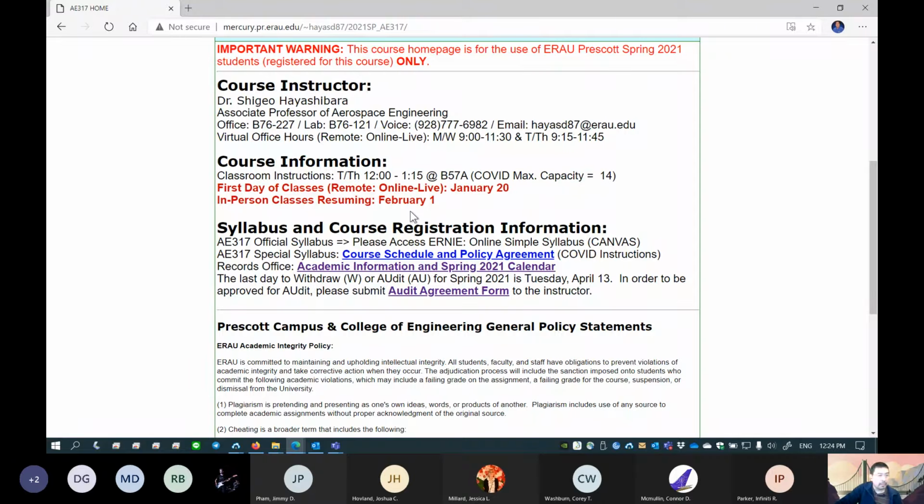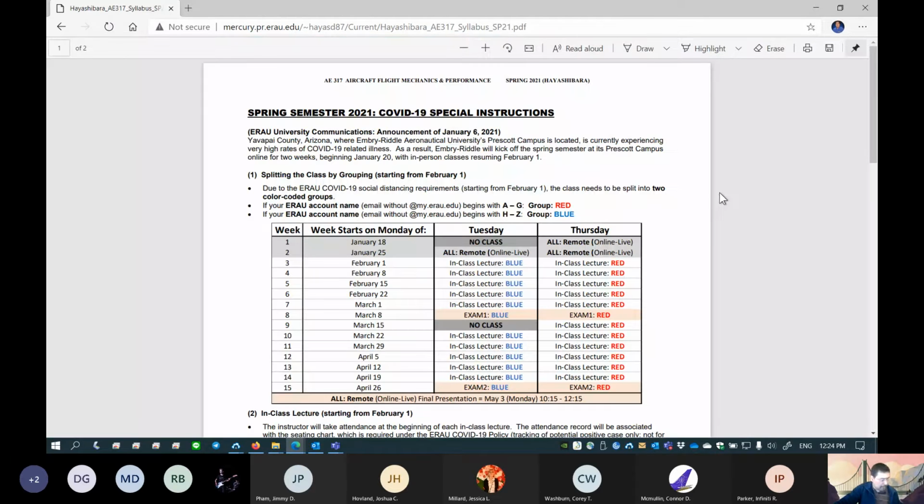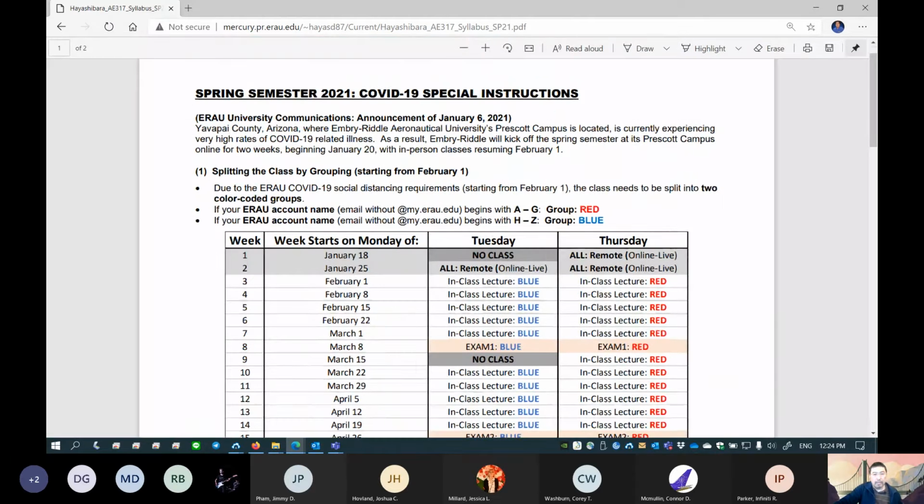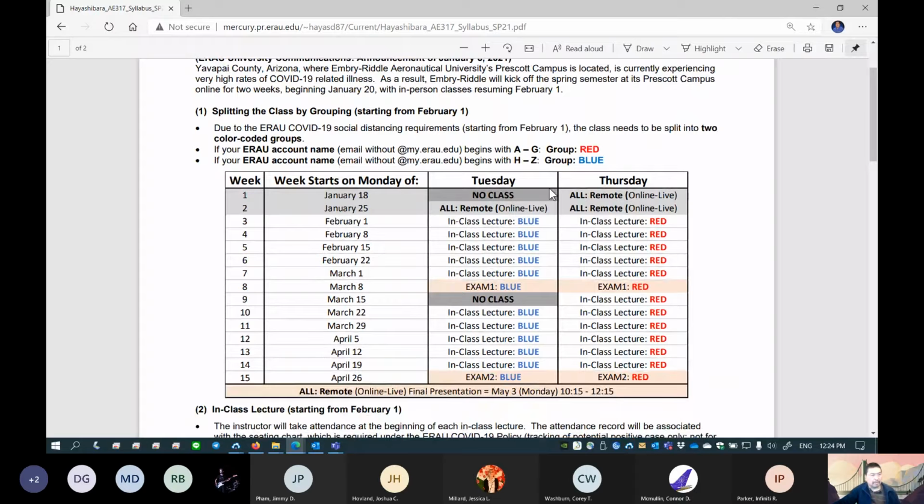Right now I counted the number of students, it's 12, so it's less than the maximum capacity. That means, let's take a look at this document, we probably don't have to split the class, most likely.